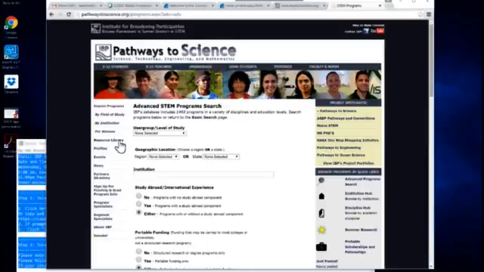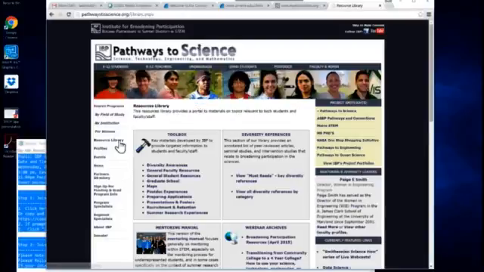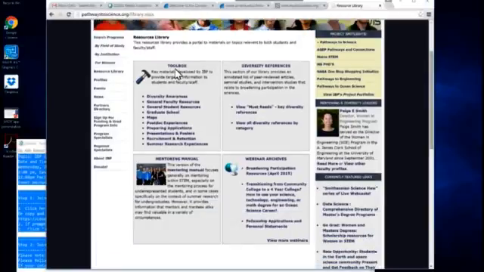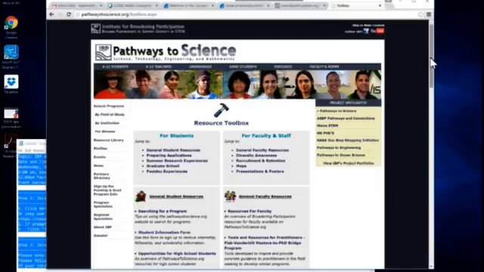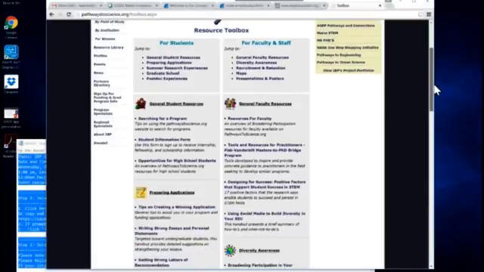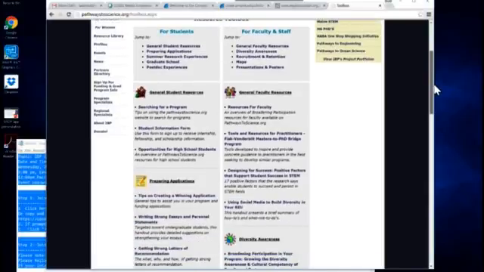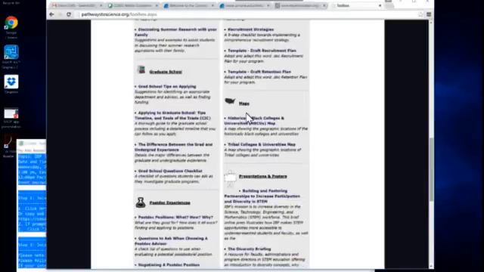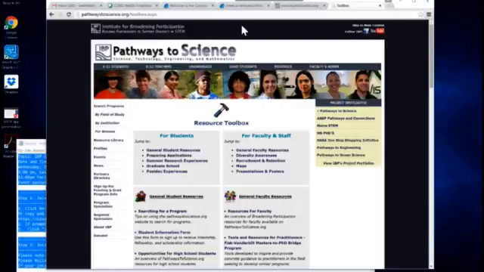The other thing I want to highlight here is we have this resource library where we have a toolbox that has all of our handouts in one place. So all the handouts that I've shown you today and others that I haven't shown you today. There's a whole section on summer research where you can read about the benefits. The applying the summer research experiences is the one with the checklist that I showed you. Discussing summer research with your family. We also have, if you're looking ahead to graduate school, lots of tips on applying to graduate school. So this website is a good resource for you, and I encourage you to use it